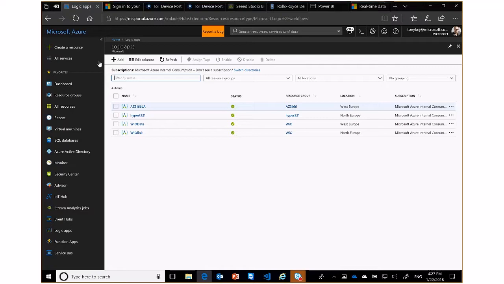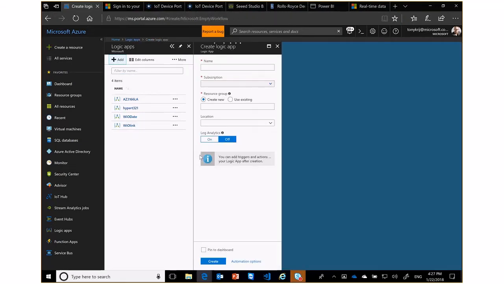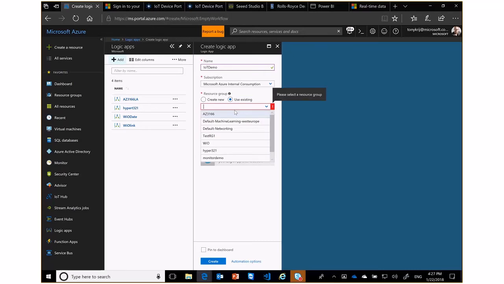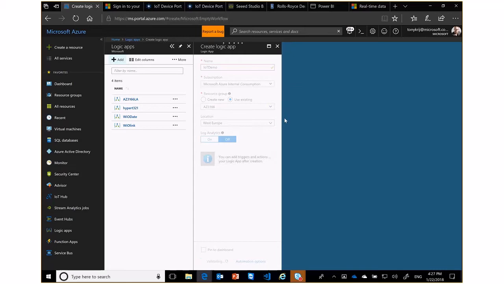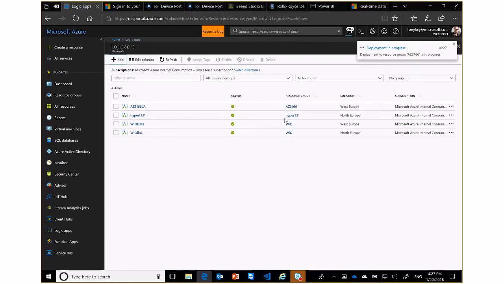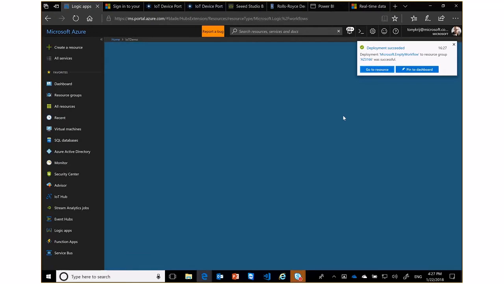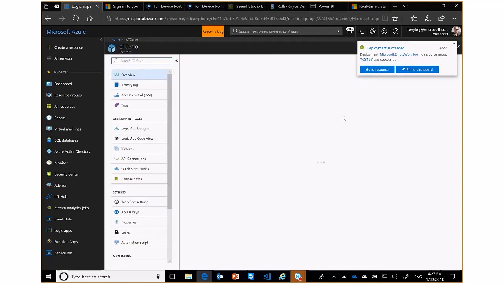So I can say, create a new logic app. Let me just name it IoT demo. Use the existing resource group and click create. Deployment in progress. What you'll see is basically the ability to drag and drop different building blocks